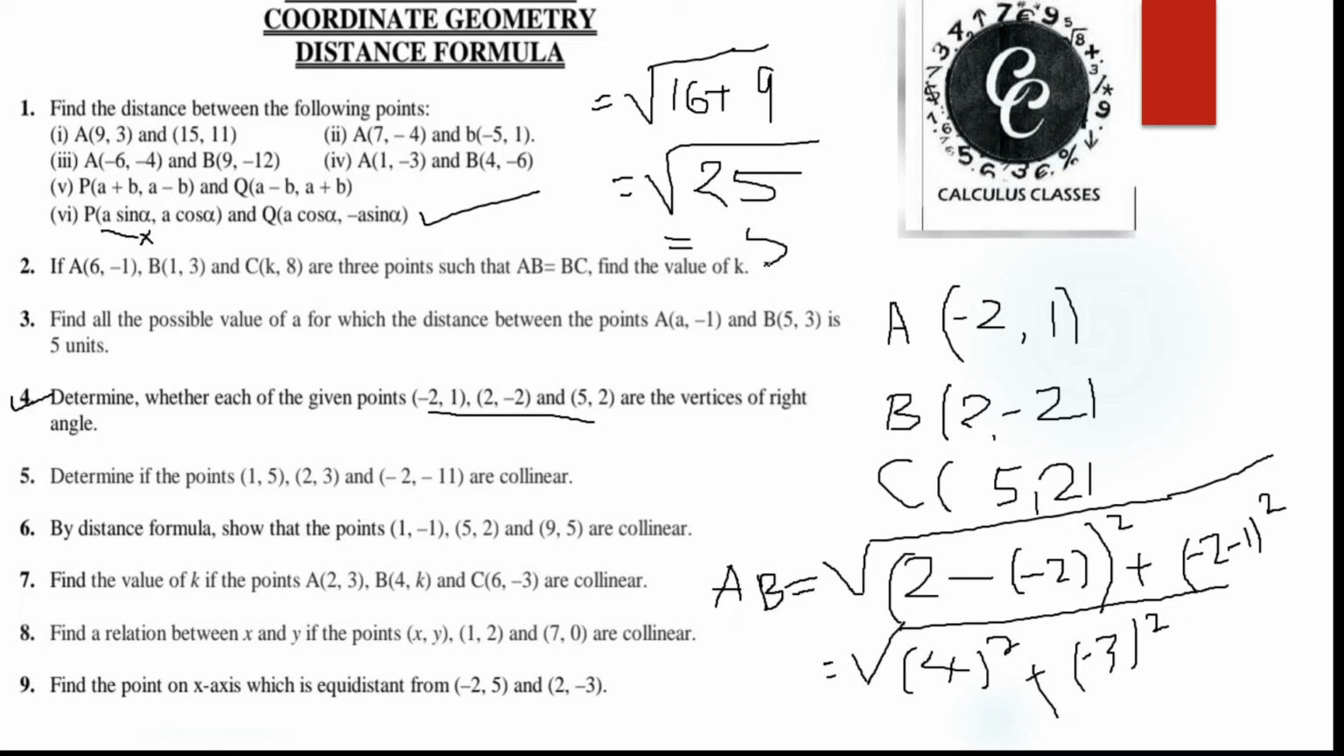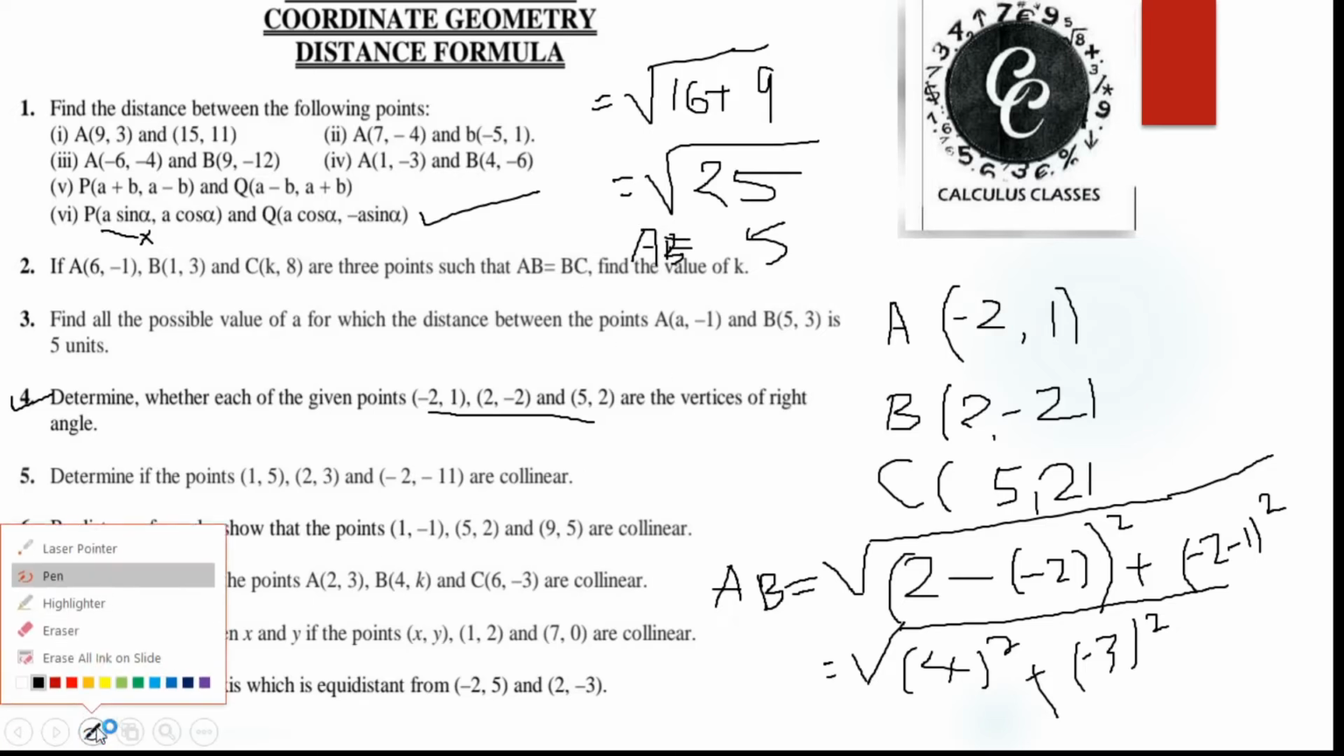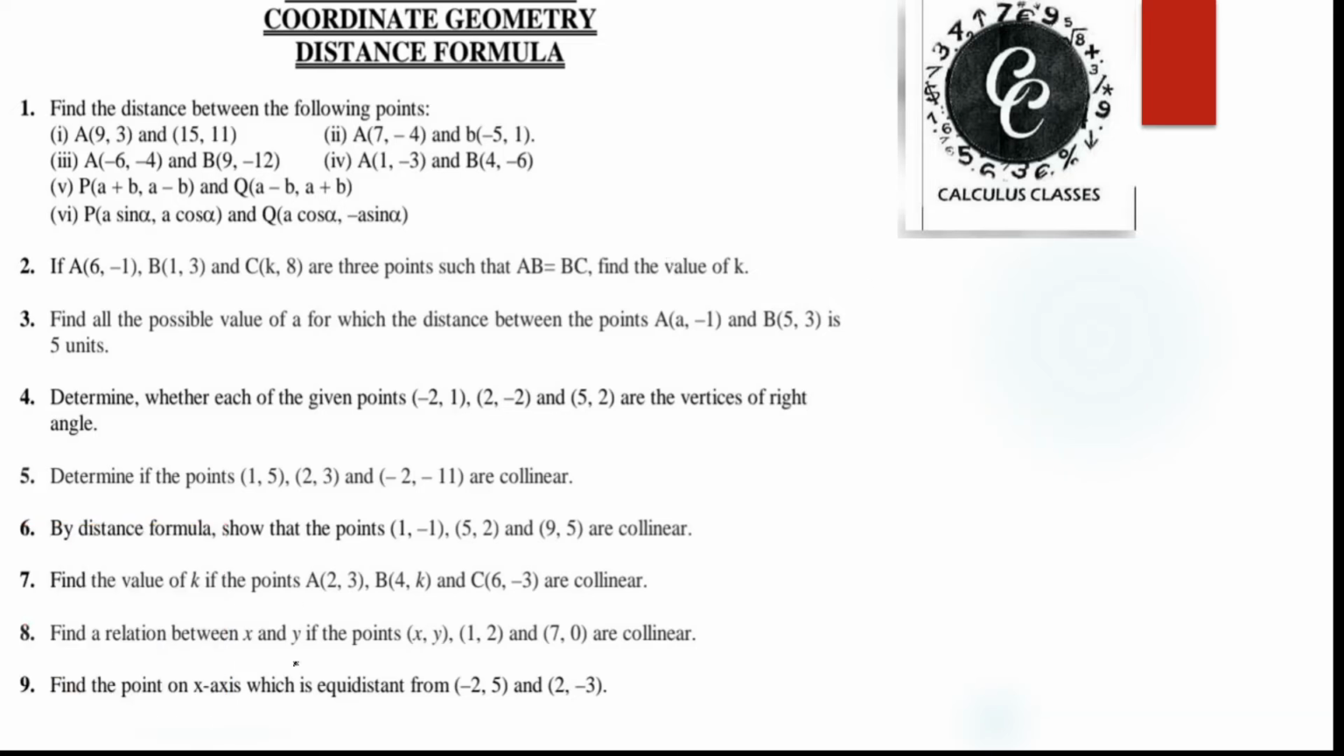So what will come? 5. We found the value of AB is 5. I hope you understood well. Nicely, you understood? The value of AB is 5. Now we'll apply the value. Now we'll find the value